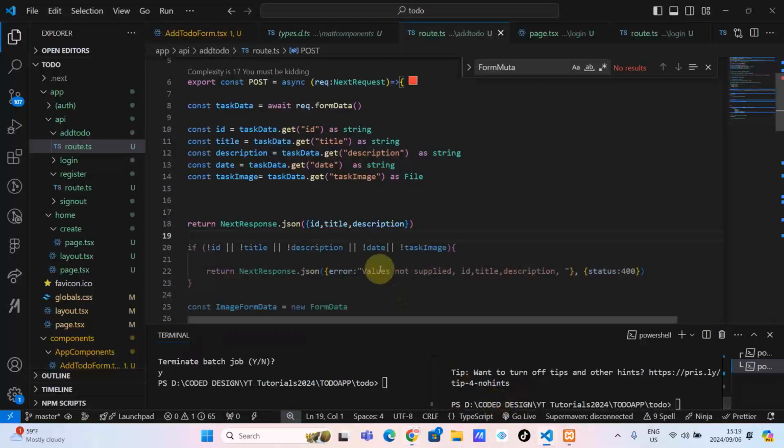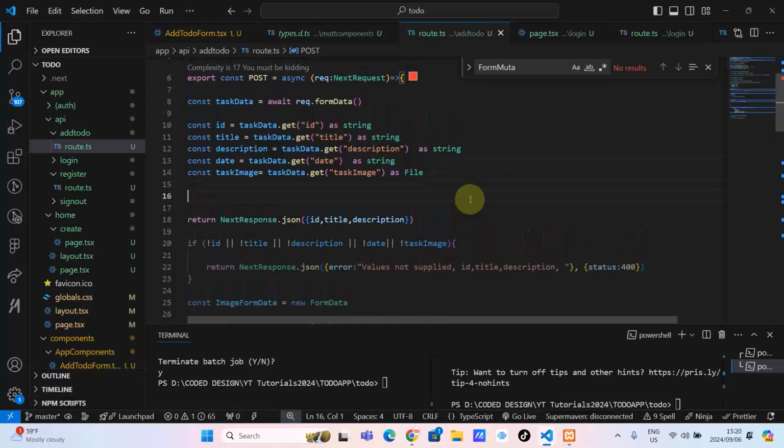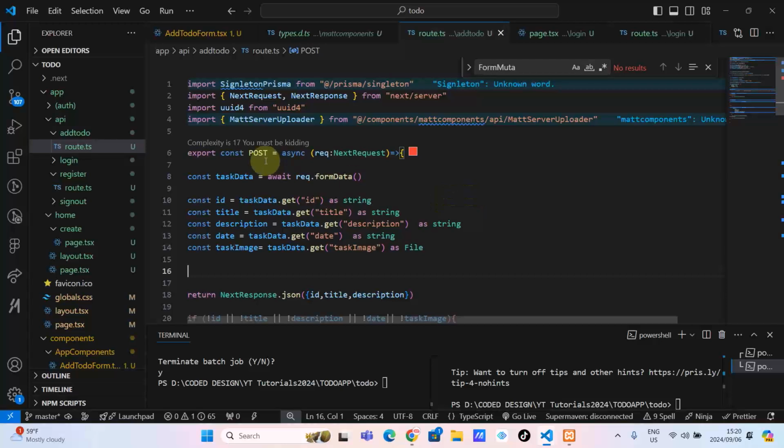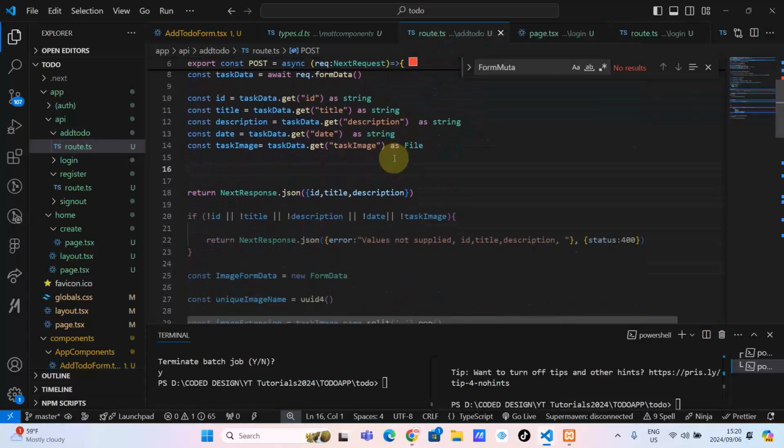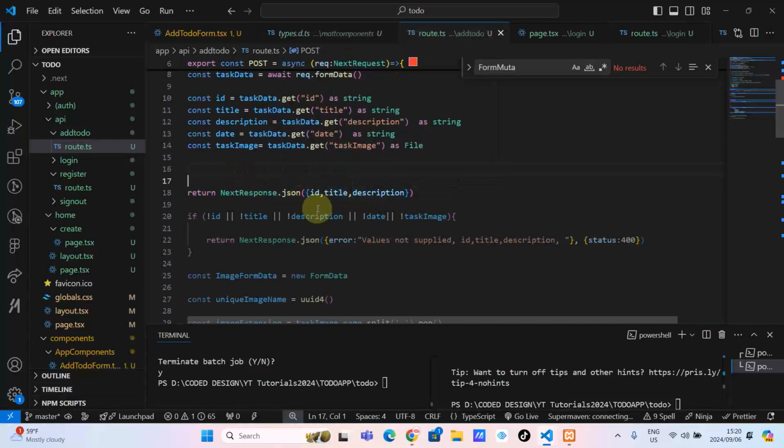Okay, let's go back here, guys. I think, are we exporting the POST? Yes. Is it async? Yes. Are we receiving the request? Yes. And then we are returning a response. Cool. Another thing that we can do is console log this, and also we can